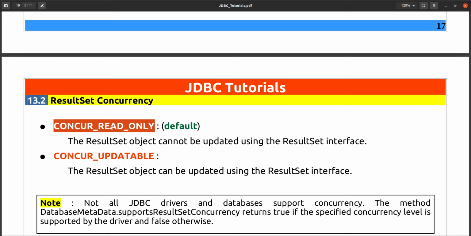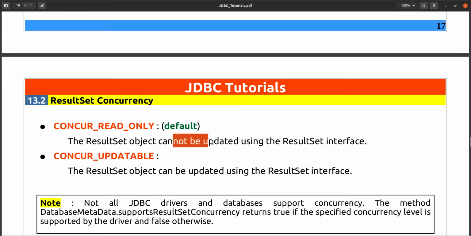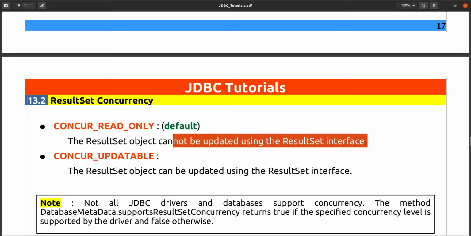Concurrent read only means you can just read your result set, you cannot update its values. The result set object cannot be updated using the result set interface, but a concurrent updatable result set object can be updated, and that updated value will be reflected in your database. That is the meaning of updatable.